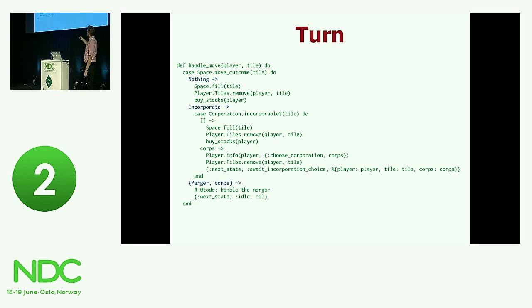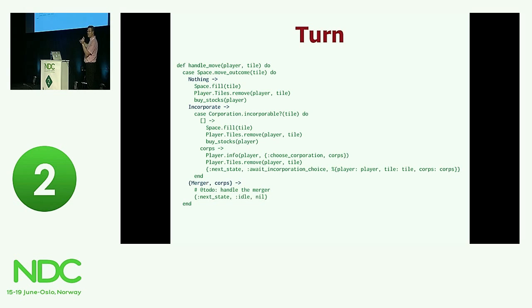If the space tells you now you have to incorporate, then you ask the corporation, are there any incorporable things here on that tile? So if no corporation can be made, okay, you fill the tile out. That's actually a bug in this, but I will leave it to you to fix that bug for me. Then you remove the tile from the players and you tell him to buy stocks. In case you can actually incorporate, you tell him, please choose a corporation among these inactive corporations so we can get a new corporation on the board. You remove the tile from the player's stock of tiles, and then the next state you go to, and this is where we need the GenFSM,